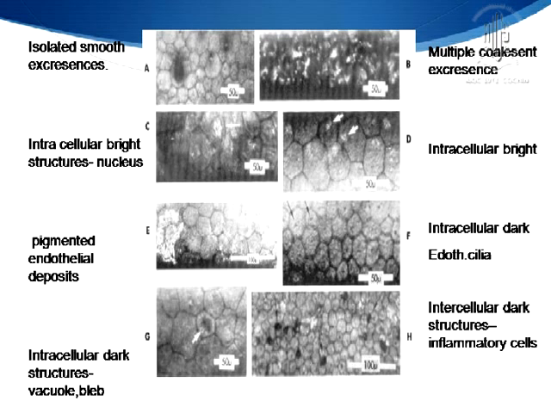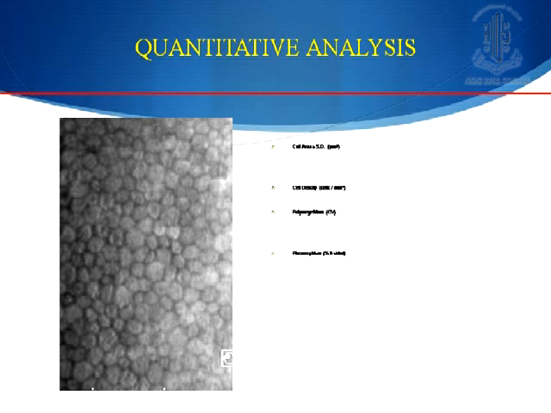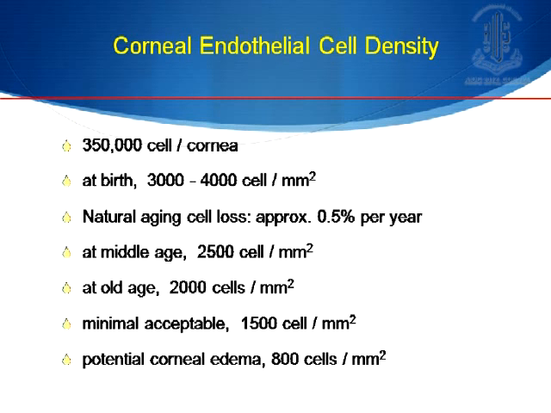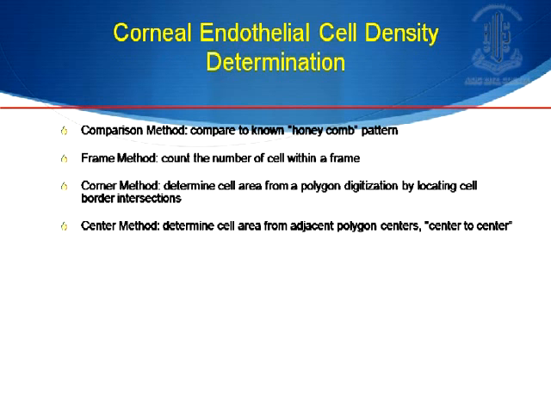And of course there are other variations which you might come across, depending on the inflammation and other vacuolar structures which are seen while evaluating the endothelium. So basically the next thing would be the quantitative analysis to evaluate the cell area, the cell density and polymegathism. As we all know, the number of cells at birth is somewhere around 3 to 4,000 cells per cubic millimeter, and then as we go along they keep decreasing with age.